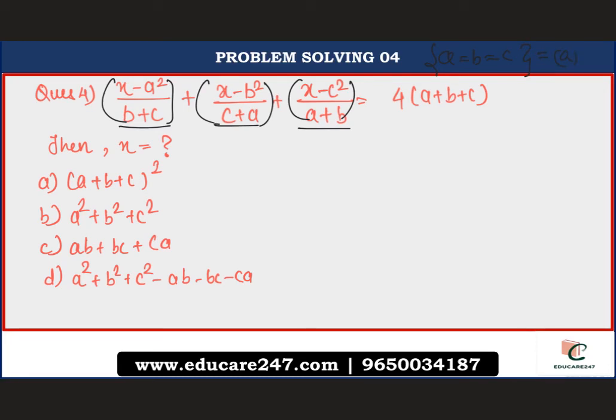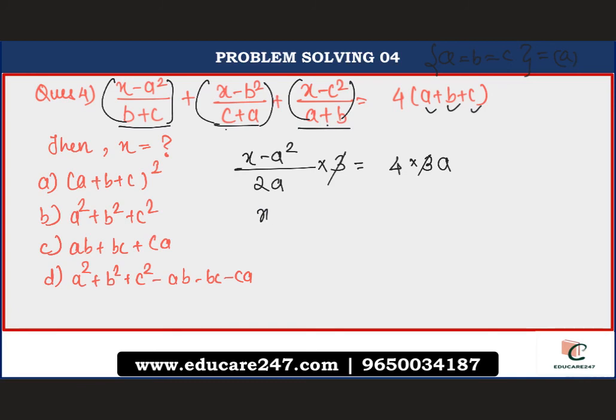So what do we have? x minus a square upon a plus a, that is 2a, into 3, right? Why into 3? Because we are just considering one expression, multiplying it by 3 rather than adding all of them, right? It is one and the same. Is equal to 4 into 3a. Why 3a? All of them will be equal to a, right? 3 and 3 get cancelled over here.